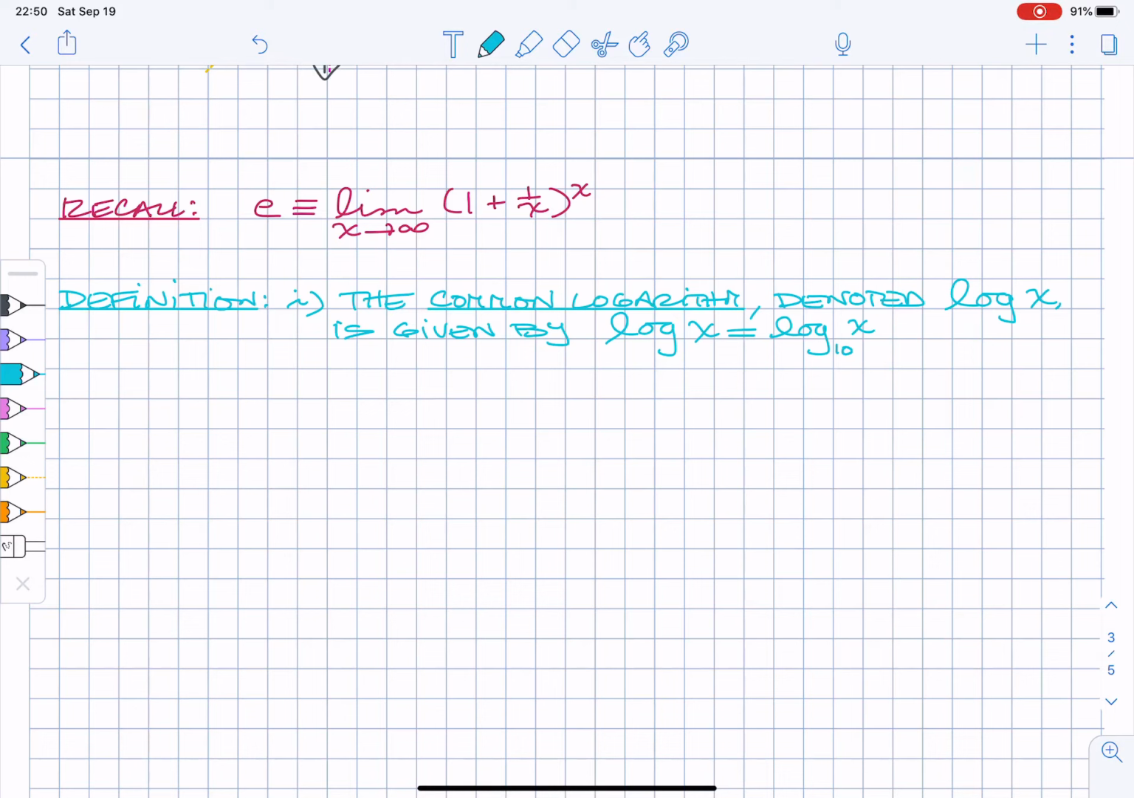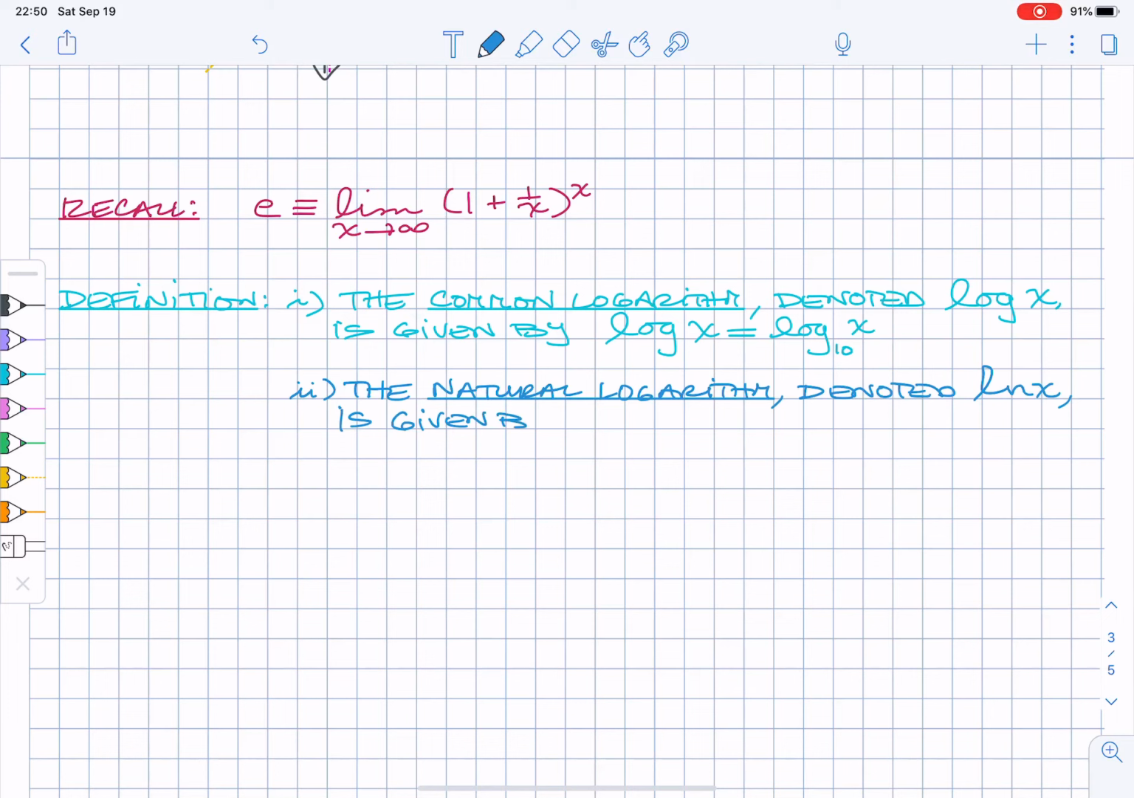Okay. So the second definition will be the natural logarithm, denoted ln of x. ln of x is defined to be log base e of x. Okay. So for example,